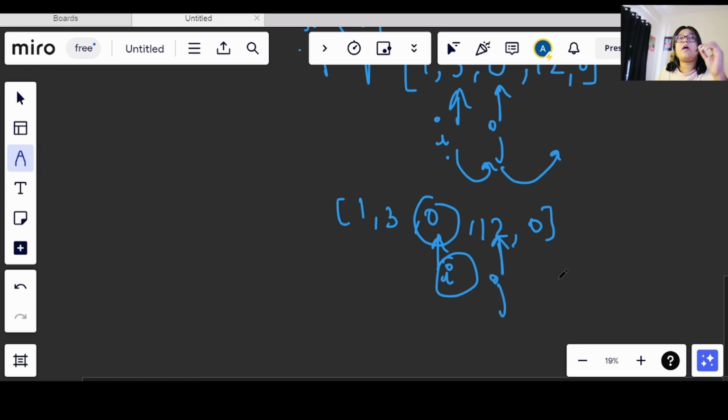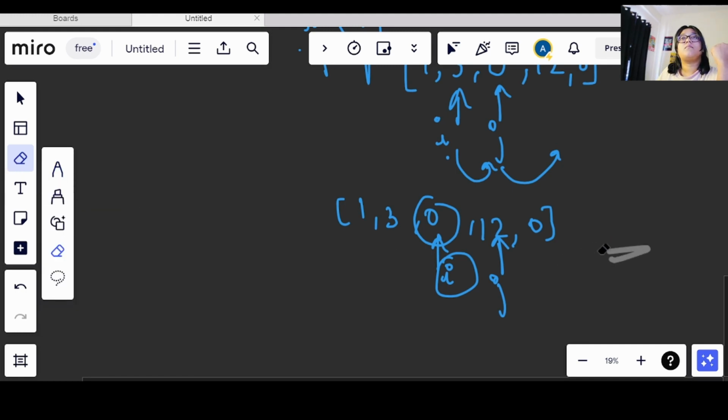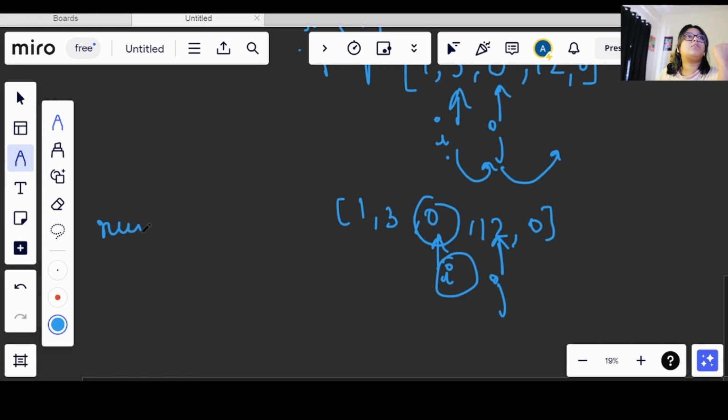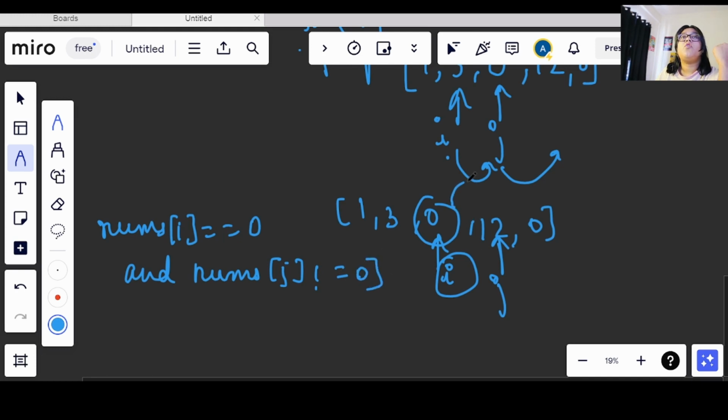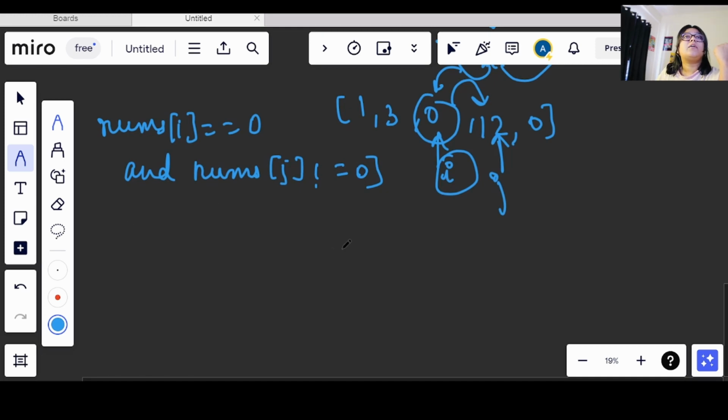So what we have to check is, if nums of I is equals to 0 and nums of j is not equals to 0, in such case what we will do, we will swap these both. Now my array will get updated as 1 3 12 0 and 0.